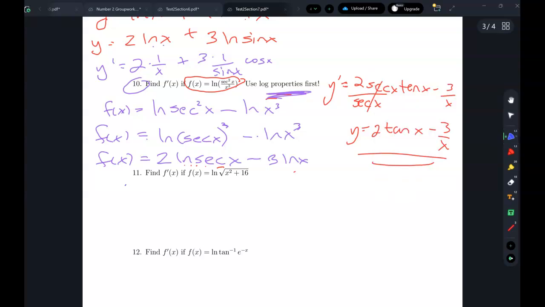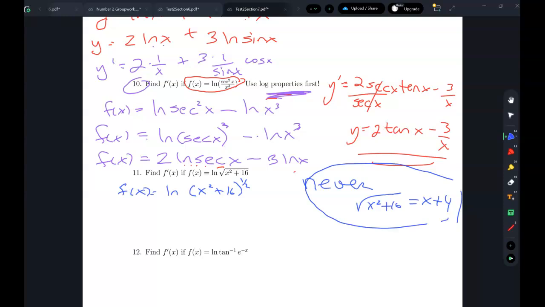Okay, so let's look at this one. So let's think about this is ln, and this is x squared plus 16 to the power of 1/2. Let's just make sure you would never say the square root of x squared plus 16 is x plus 4. That would be such bad math, right? Bad math. Okay, but what you can do, since it's ln, I can bring that power down in the front,